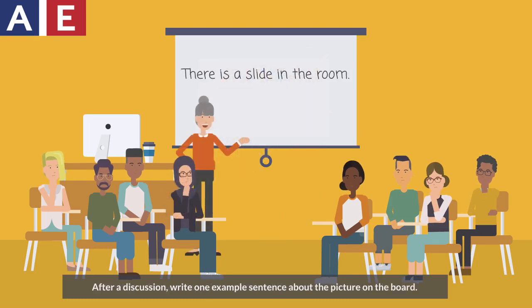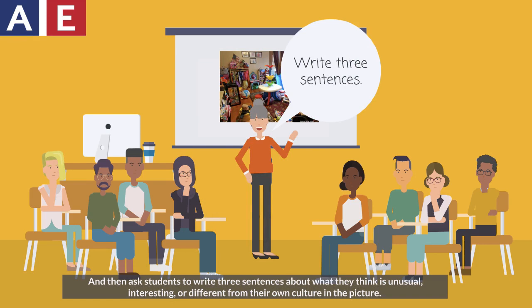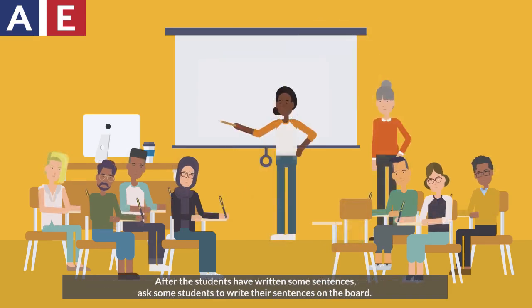After a discussion, write one example sentence about the picture on the board. And then ask students to write 3 sentences about what they think is unusual, interesting, or different from their own culture in the picture. After the students have written some sentences, ask some students to write their sentences on the